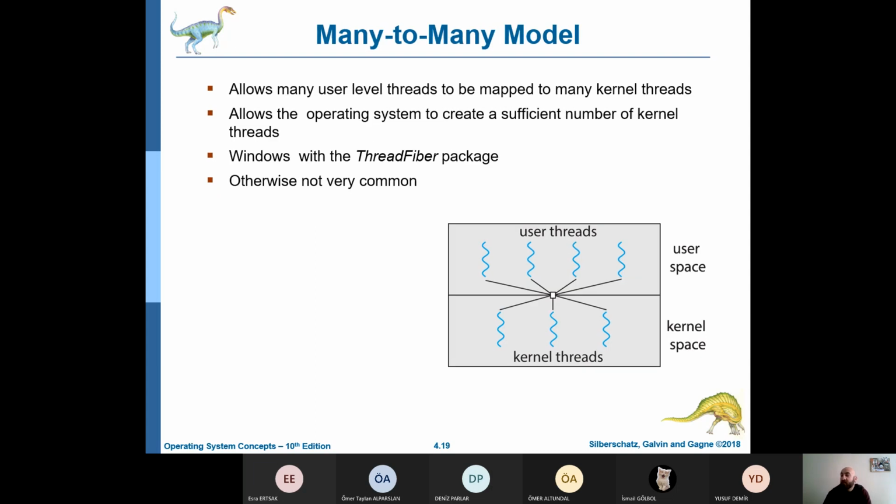And the last one is the many-to-many model. The many-to-many model multiplexes many user-level threads to a smaller or equal number of kernel threads. The number of kernel threads may be specific to a particular application or a particular machine. Let's consider the effect of this design on concurrency,